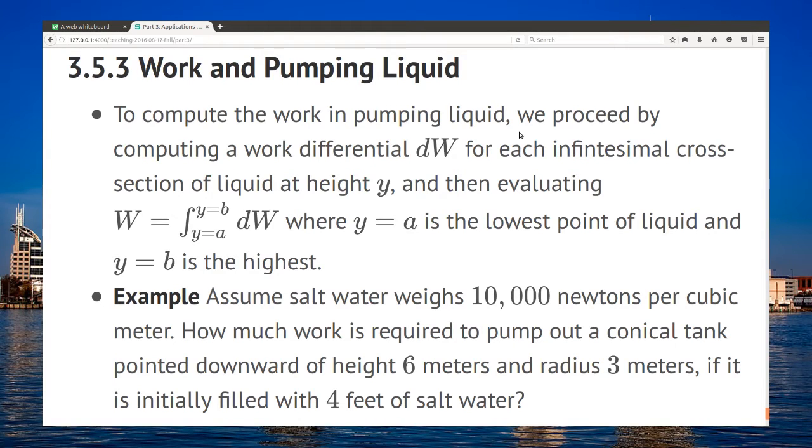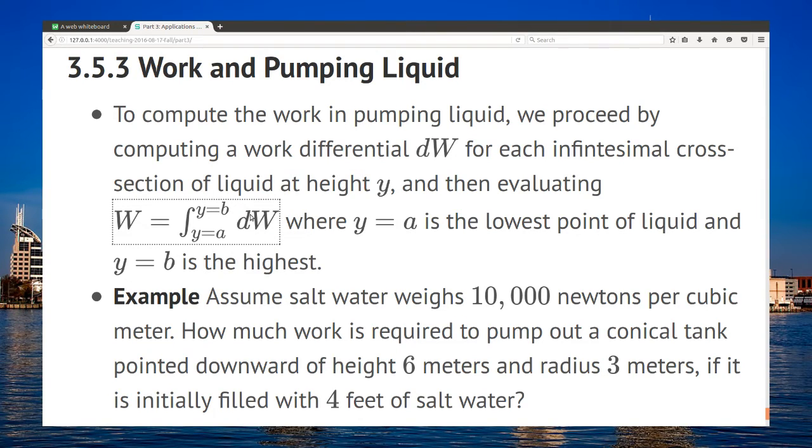Liquid pumping problems work a little bit differently than most other work problems. The reason is that most work problems are about moving solid objects, but when we're pumping liquid, each part of the liquid has to move a different height, and we'll see that when we work this example. And we'll use this formula right here, where work is the integral of the work